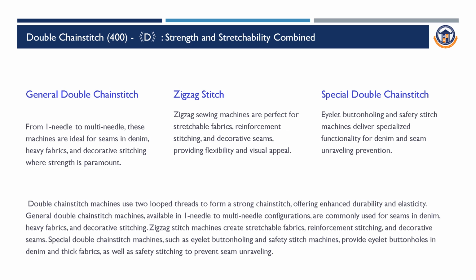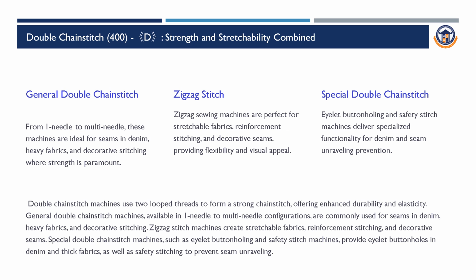Special double chain stitch machines are specifically suitable for creating eyelet holes on the fabric, for example eyelet buttonholing and safety stitch in garments, which deliver specialized functionality for denim and seam unraveling prevention applications. In general, any double chain stitch machine uses two loop threads to form